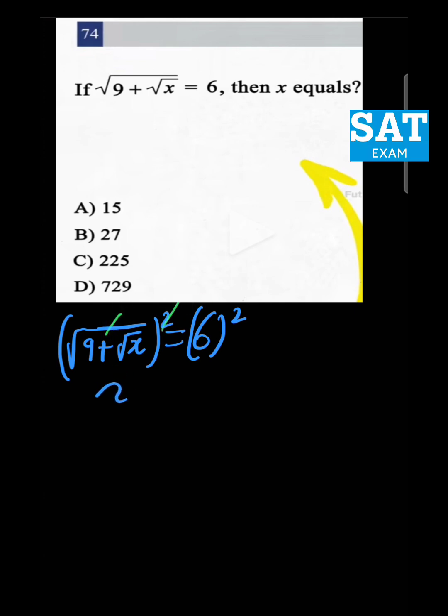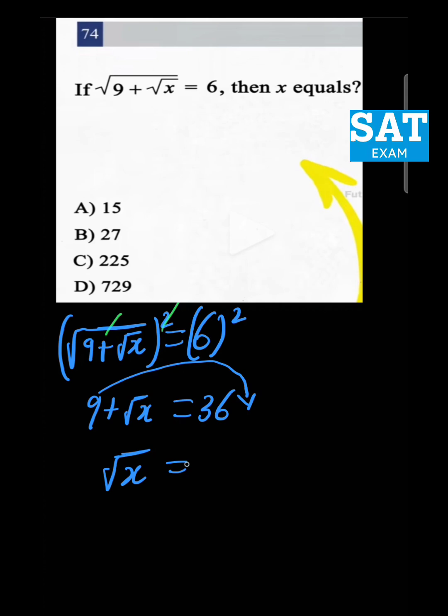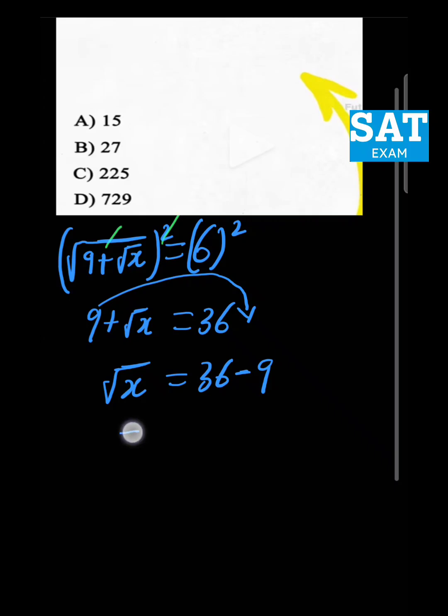On the left hand side, we are left with only 9 plus the square root of x, which is going to be equal to 6 squared, which implies 6 multiplied by 6, which is going to give us 36. So the next thing we're going to do is to subtract 9 from both sides, or we just take this 9 to the right hand side of this equation. So we're going to have the square root of x is equal to 36, and when this 9 crosses to the other side it is going to be negative 9. So we're going to have the square root of x equal to 36 minus 9,